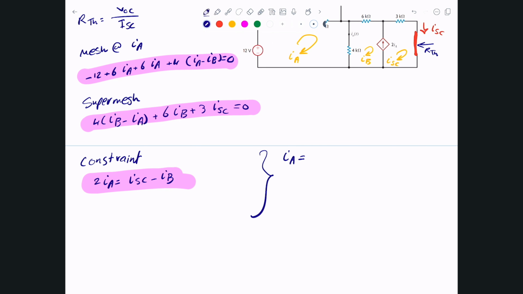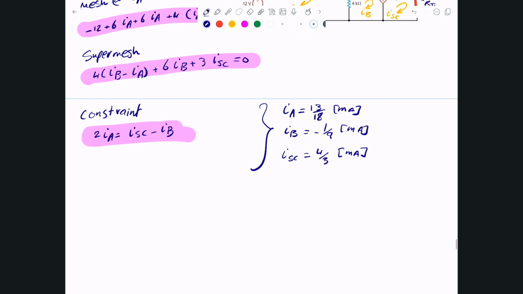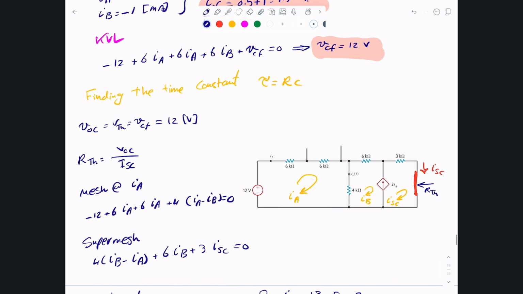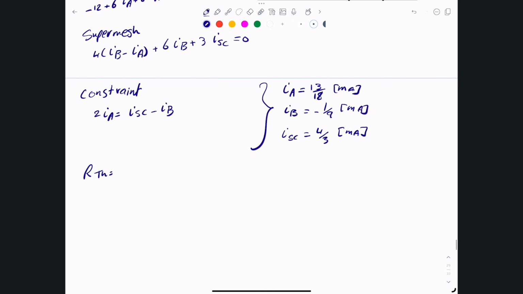We should be able to solve them, and what we'll end up with is the following. I of A is simply 13 divided by 18 milliamp. I of B will be -1 divided by 9 milliamp. And then I short circuit, the one I'm after, is 4 divided by 3 milliamp. So of course now I know my I short circuit. Since I know my I short circuit, our Thevenin resistance is V open circuit, which we decided is 12 volts, divided by 4 divided by 3,